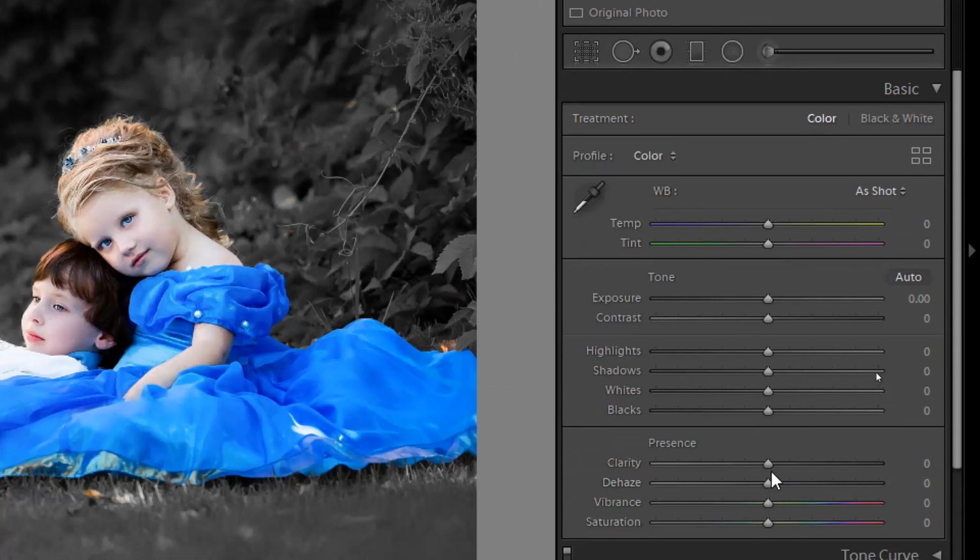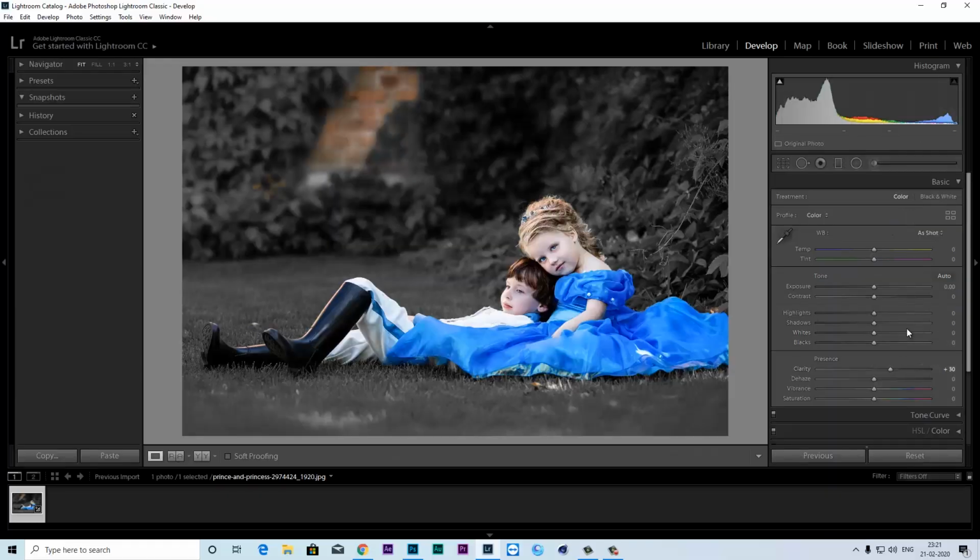and increase the clarity. Clarity should be 30. Yes, 30 is enough. And go to the detail,